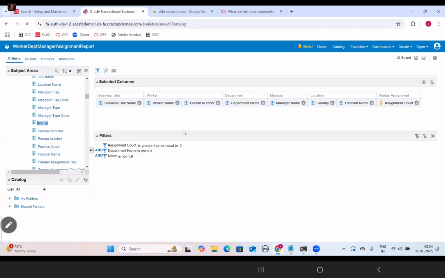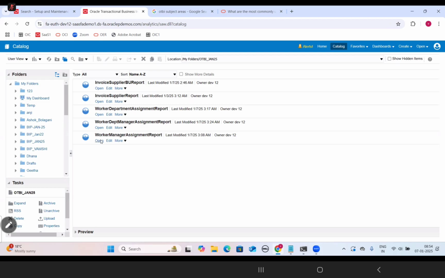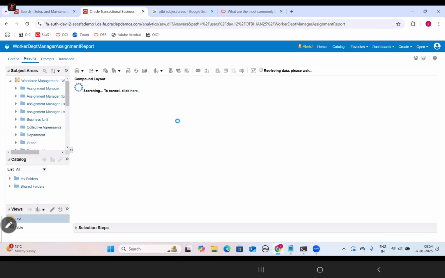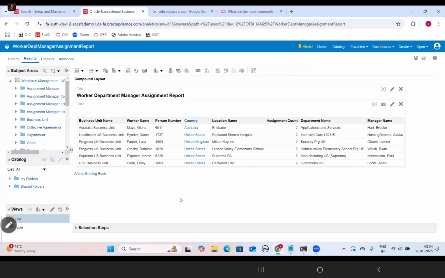So total 3 reports we have done, guys. So what is our requirement? The next requirement is that these two reports, the worker department assignment report and the worker manager assignment report, the end user cannot access directly. So in the third report,